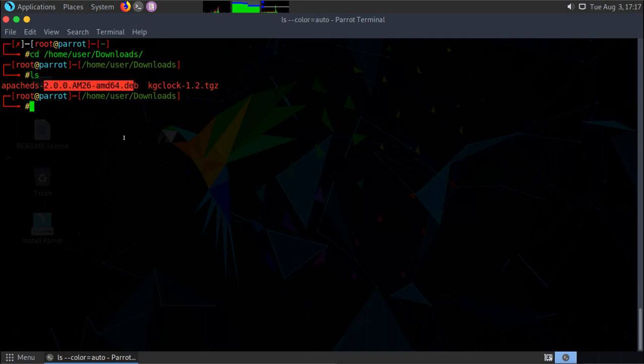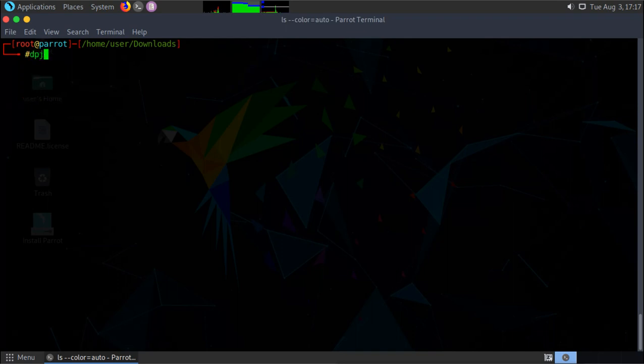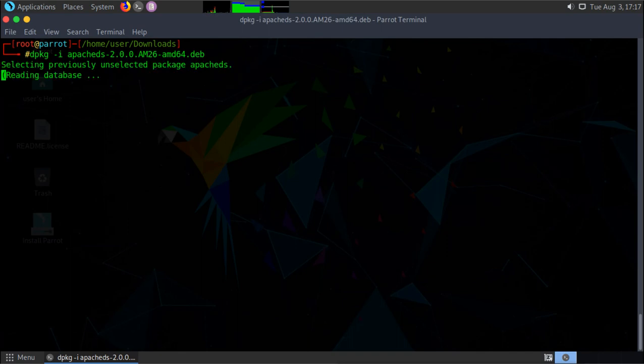Just like with RPM, we can use the dpkg command here with the -i option for installing the package. Then you name the package, and you can name it with the full path. Right now I am in the same directory where the package is located, so I am giving the name of the package directly. So for installing these .deb packages we use the dpkg command; RPM will not work. -i is for installing the package, and it is going to install the package.